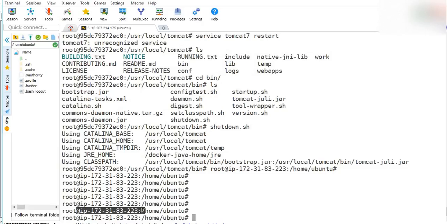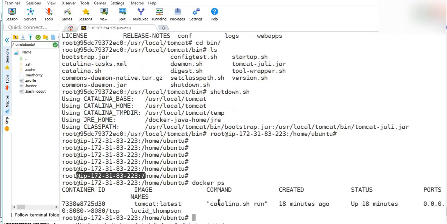How come? Because each and every container is basically the image, the application. So if you are restarting the application itself, that is going to restart the container itself. So you don't need to go inside and restart. You can directly restart Docker, and that will take effect for the container also. Let's see what happened now. Docker ps. Okay, only one is running now.